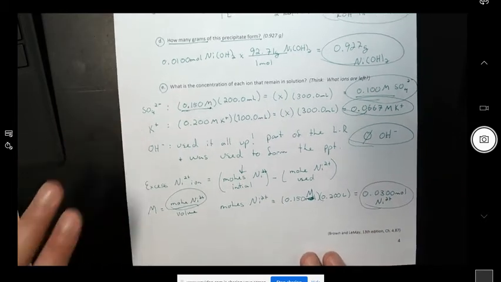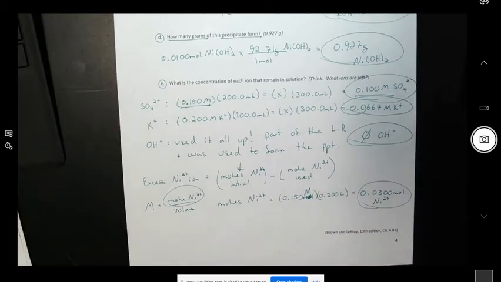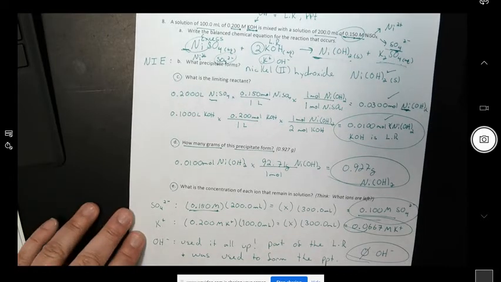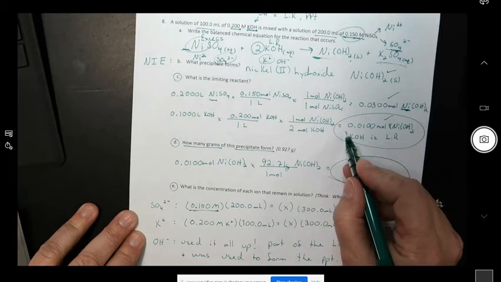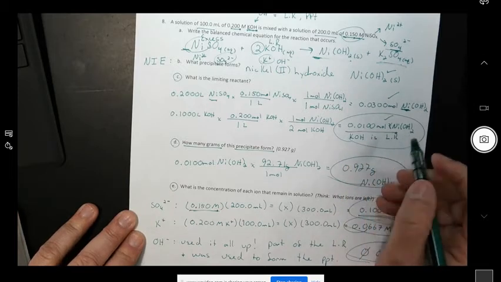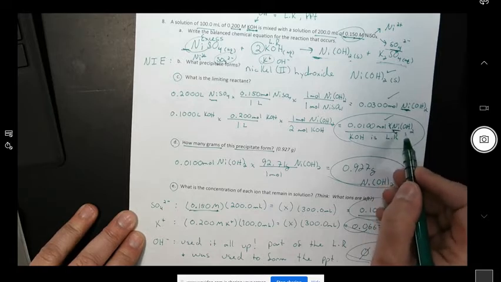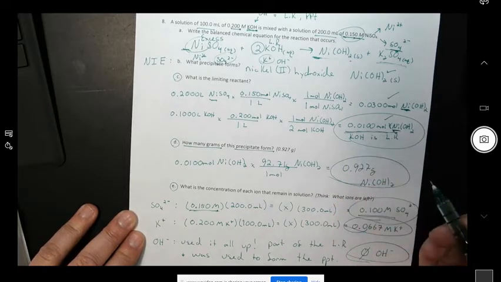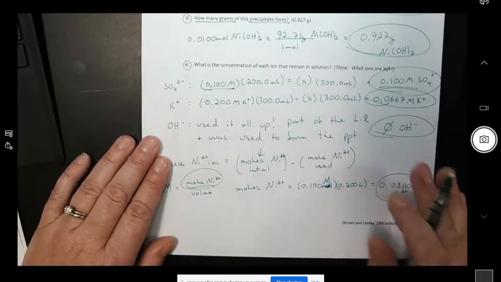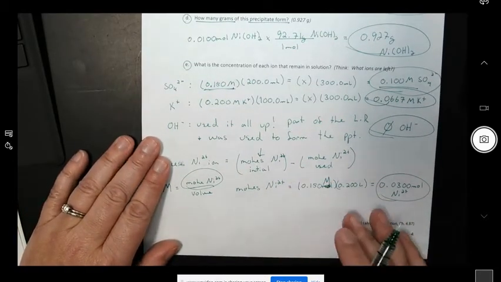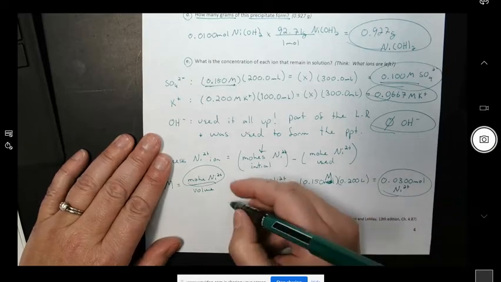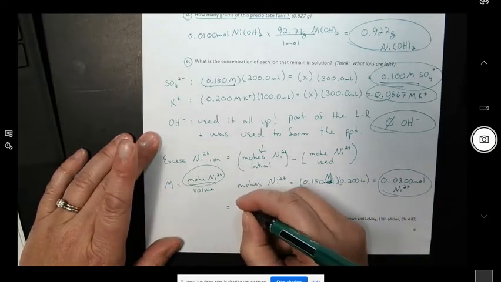One of the things you could do here is figure out how you would go back and calculate the initial amount of moles that you had. The tricky part is thinking about how many moles of nickel you used up. But really, I'm going to go back here again. If this is how many moles of nickel hydroxide I created, and I have a 1-to-1 mole ratio of nickel within nickel hydroxide, I'm going to shortcut this. I know this is how many moles of nickel I used. You can do some other calculations for that, but it's better to use what's right in front of you. And so excess nickel ion is really going to be the